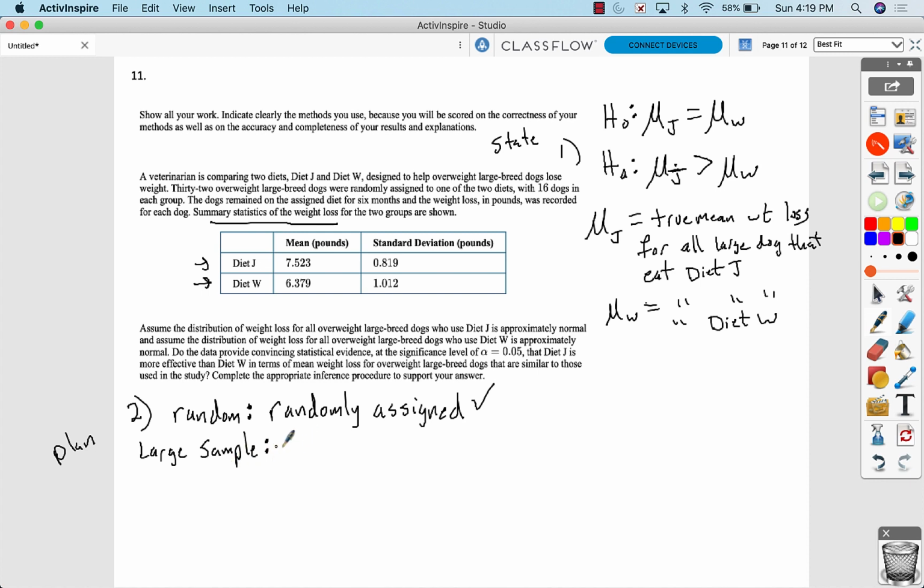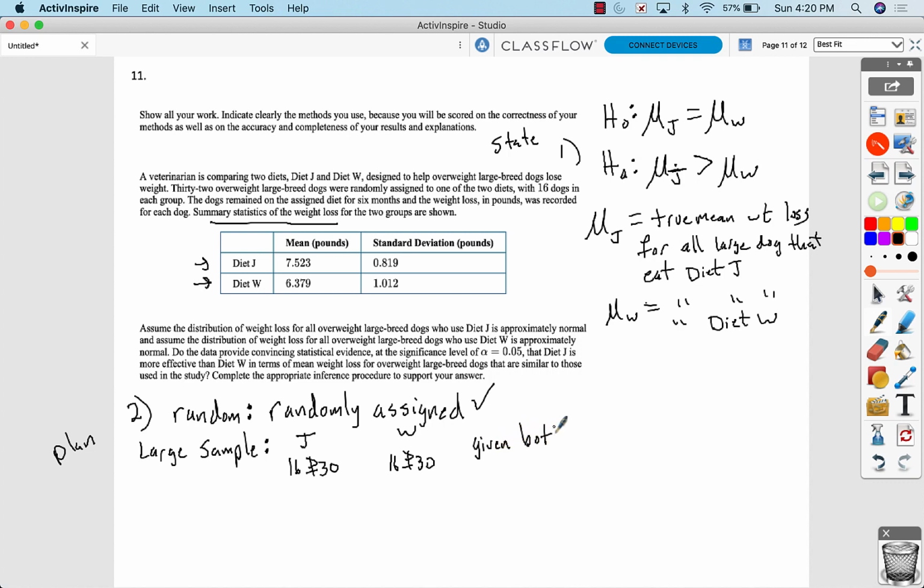All right, large sample. Now, you have two different groups. You have diet J, and we have diet W. Now, does diet J have more than 30? That's large count. No, there's not 30 or more. There's not 30 or more here. Okay, so the 30 or more is the central limit theorem. If the central limit theorem doesn't work, then we're okay if the population distribution is normally distributed, which they tell us is true right here. Diet J is normally distributed. It's given